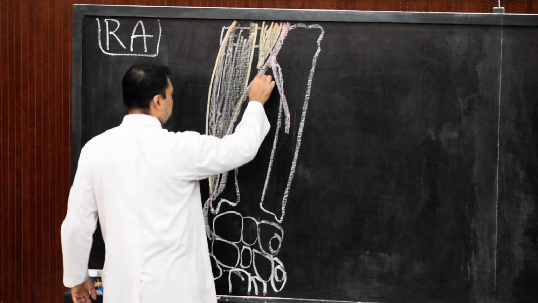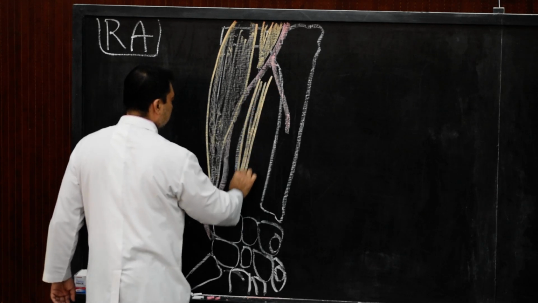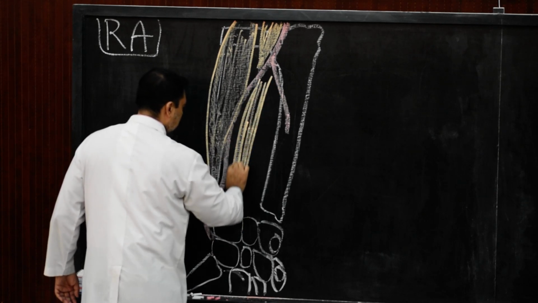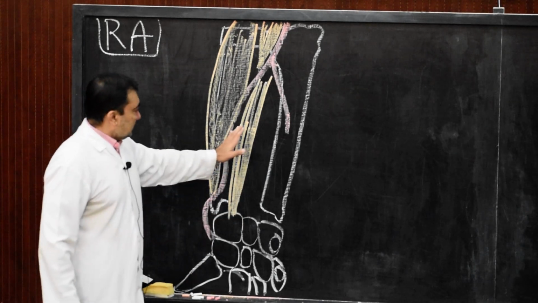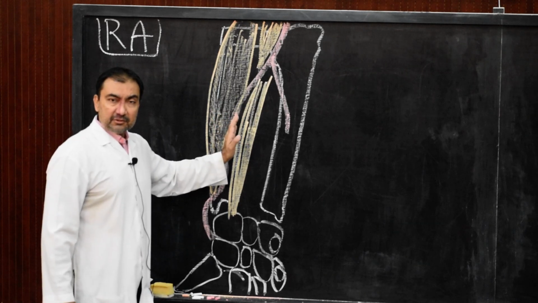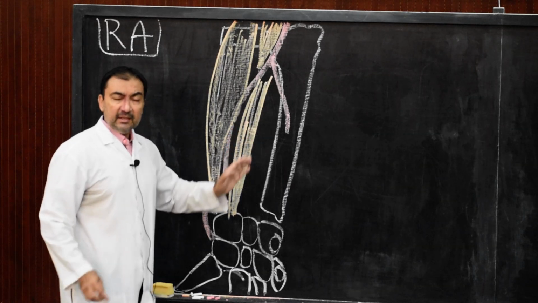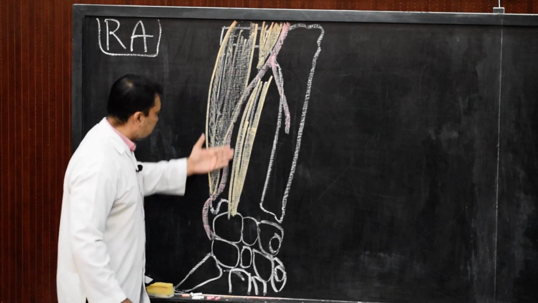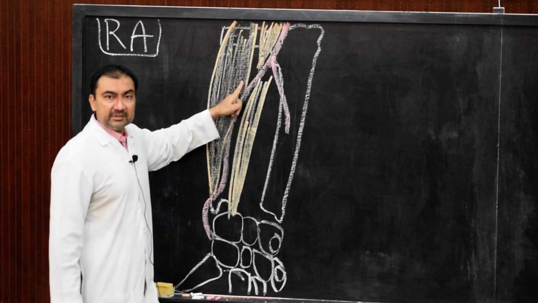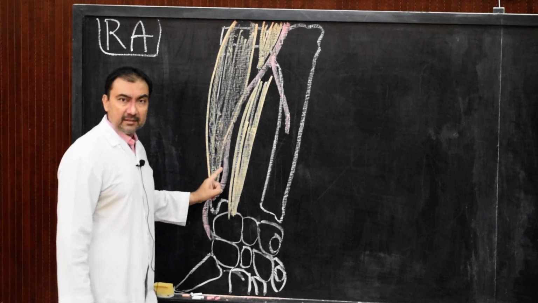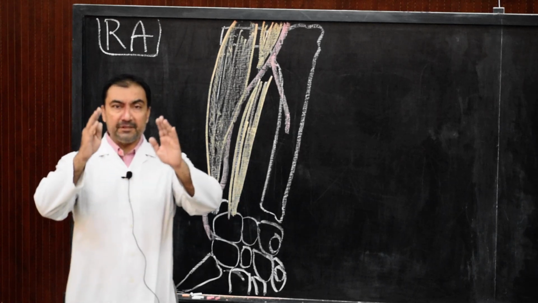Medially this radial artery will be always related with the flexor carpi radialis tendon. This is the medial and lateral relations of radial artery. Brachioradialis on the lateral side, flexor carpi radialis on medial side. Similarly, superficially when you dissect, you will see that the radial artery in the upper part is overlapped by brachioradialis muscle, but major part of the course of radial artery in the lower part, middle and lower part, is only covered by skin, superficial fascia and deep fascia.